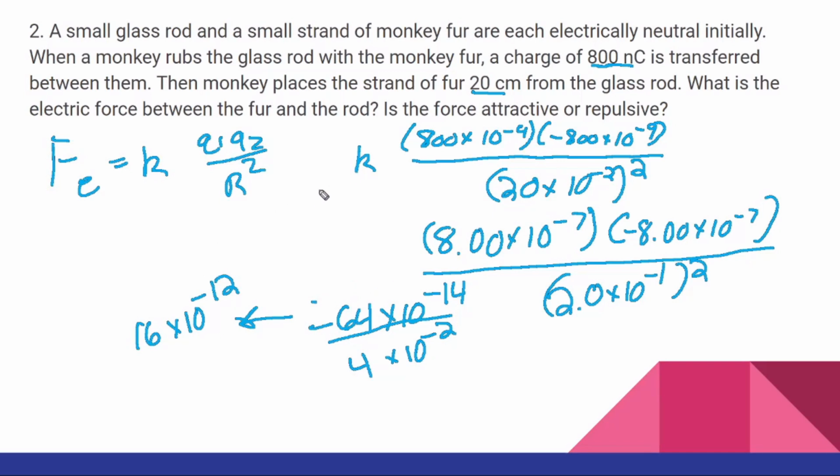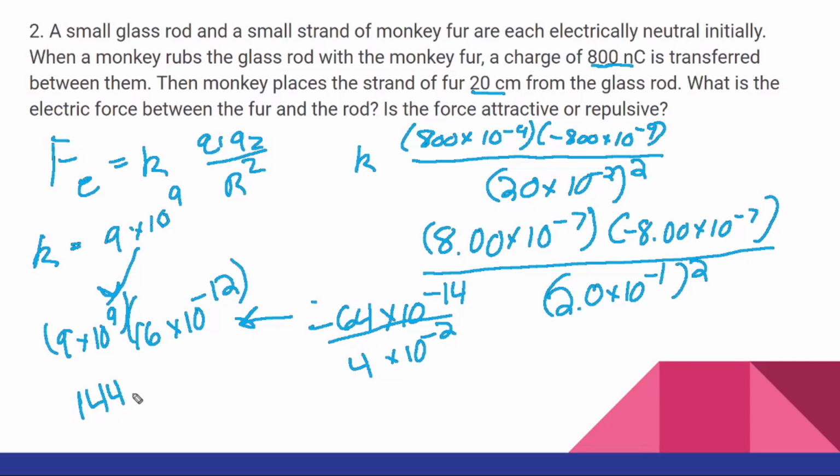Now we have to multiply this by k. We know that k is equal to 9 times 10 to the 9th. And now we will multiply this with the 16 times 10 to the negative 12, and we will get 144 times 10 to the negative third, which can be written as